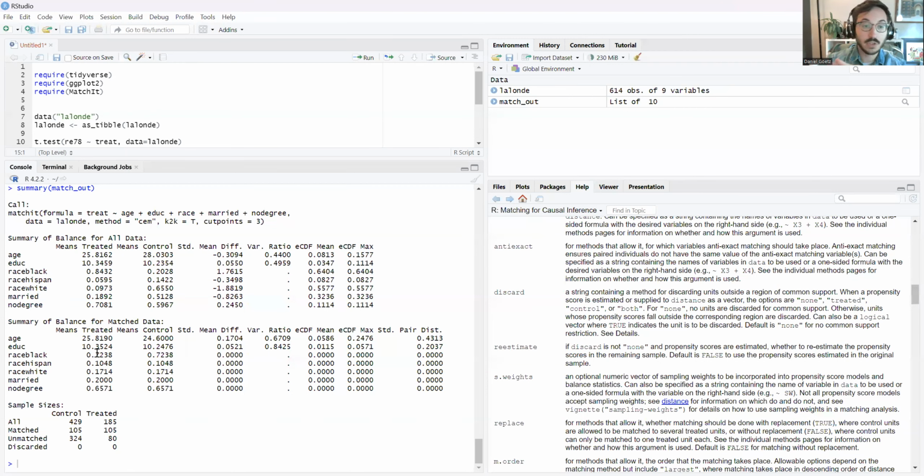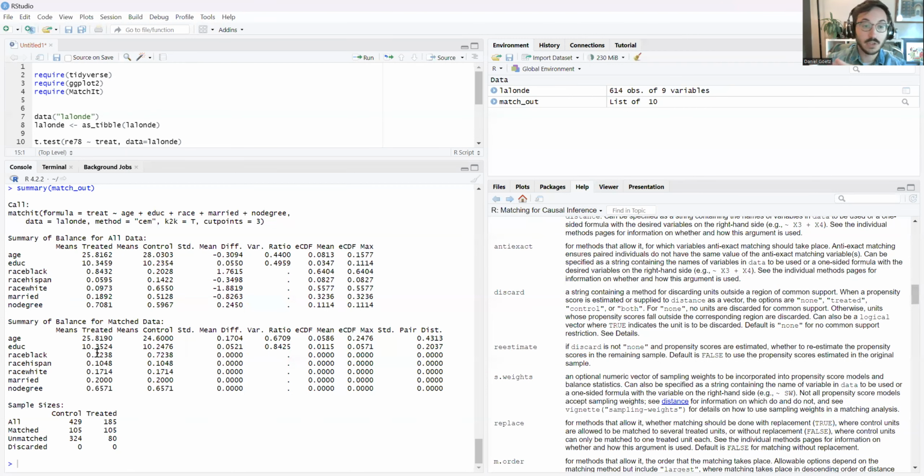So we have 105 treated and then 105 control, 1-to-1, and so we've not been able to match some of our units. So 324 is just 429 minus 105, right? From the total amount of control minus the control that actually got matched, that gives us the ones that are left over. These unmatched do not play any role in the analysis. Once you have your matched sample, that's what you're